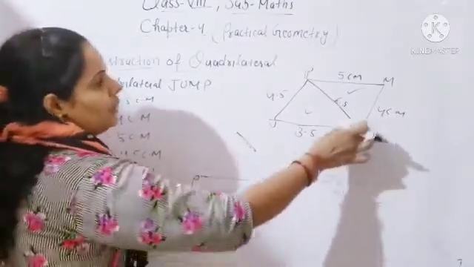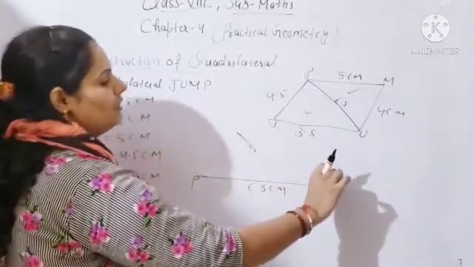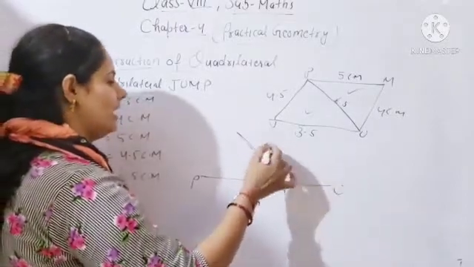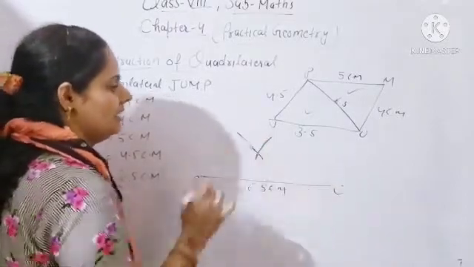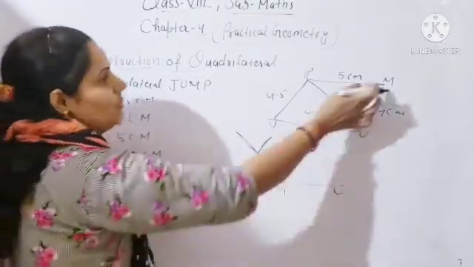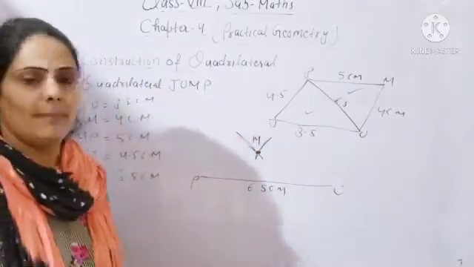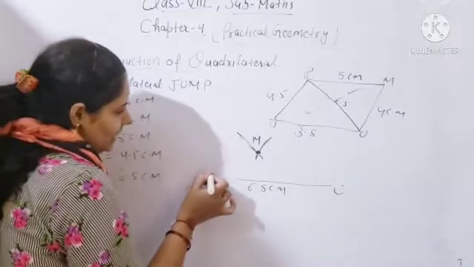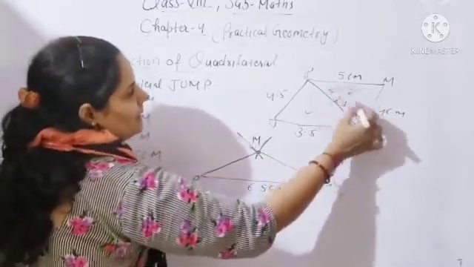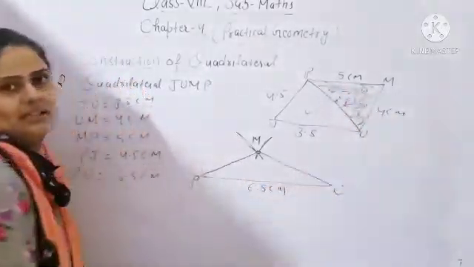After that, from point U to M the length is given 4 centimeter. So from point U you will open your compass with the help of the ruler to 4 centimeter, and you will draw the arc like that. Clear? After that these two arcs will meet at one common intersecting point, and this point is point M. You will name this point M. After that simply join the line segments PM and UM. So this one triangle you have completed.